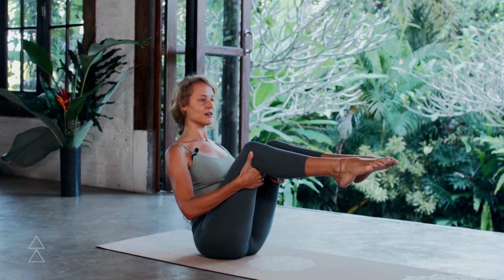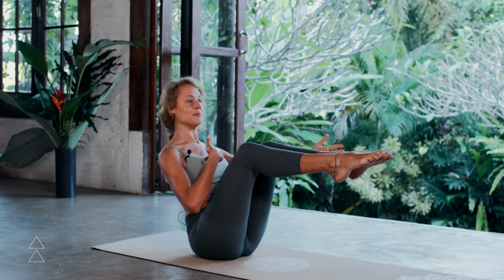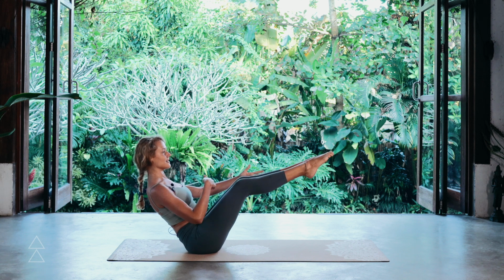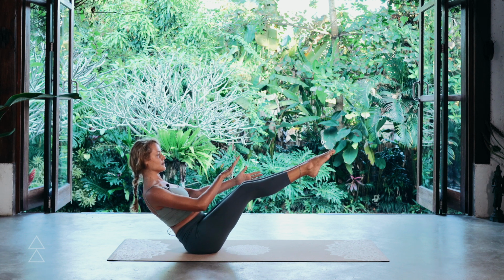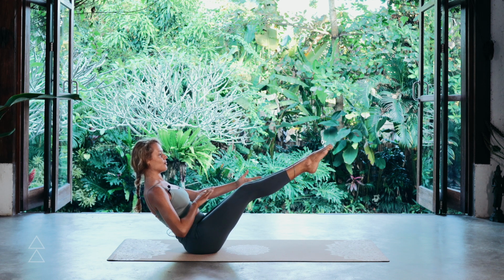If you feel comfortable here and you want a bit more challenge, then bring the hands out and let them face each other. Keep the sternum lifted. If you want even more of a challenge, then stretch the legs out, spine goes slightly backward, but still stays into that V shape. So choosing any of these variations, staying there, keeping that chest open, legs straight, open chest,